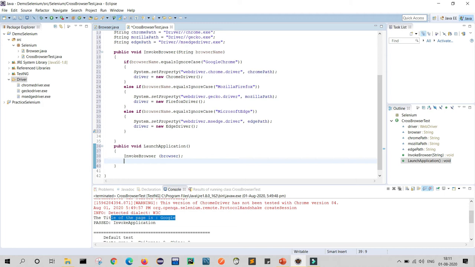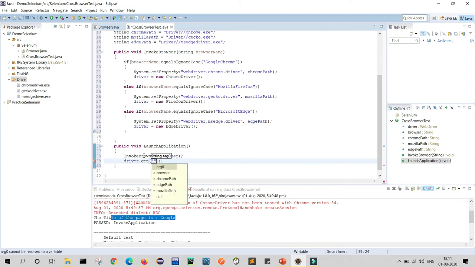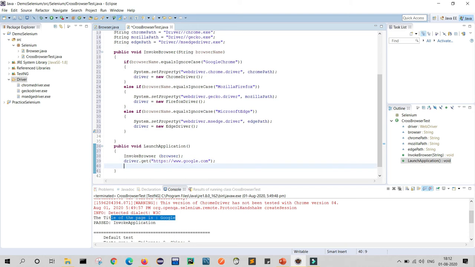So for launching URL we will write driver dot get, and here we will provide our URL, https www.google.com. Once google.com loads in the page, we can write the title of the page.